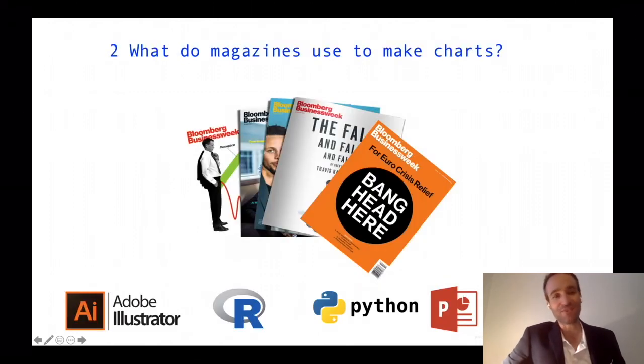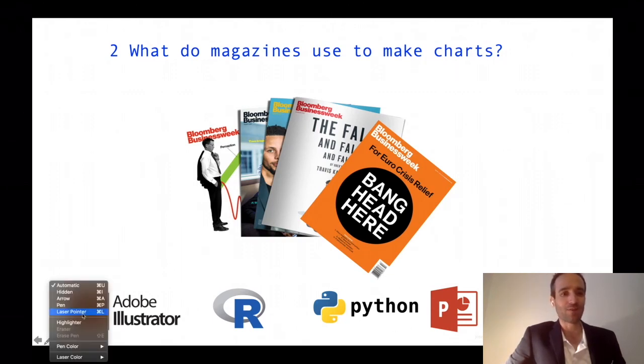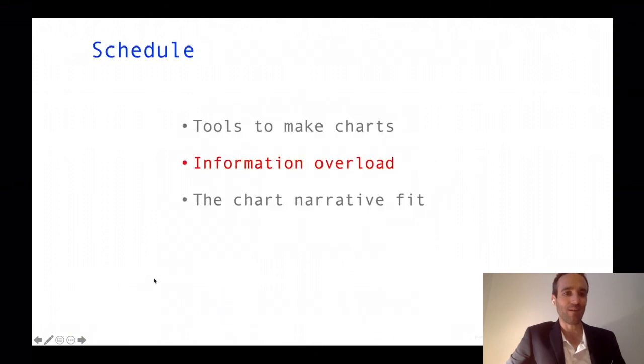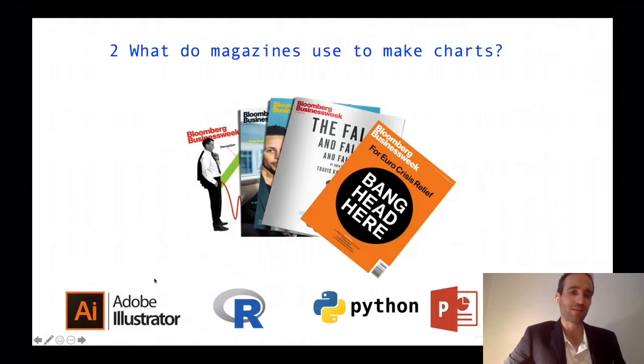Right. So the answer is Adobe Illustrator. And so that's the answer. Yes. And why is that? It's because to choose the colors and all the parameters like axis, style, background, gradient, to choose all that, it's so complicated to do with Excel or PowerPoint or Python or R that at the end it is faster to